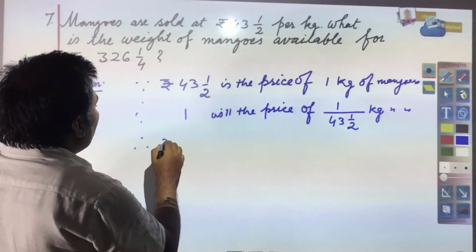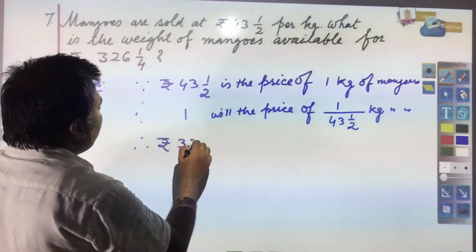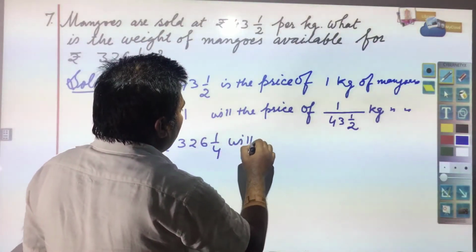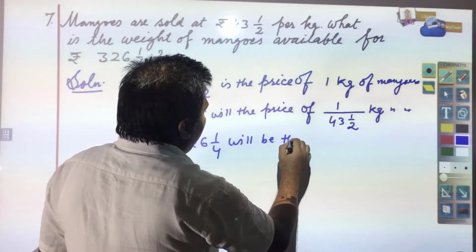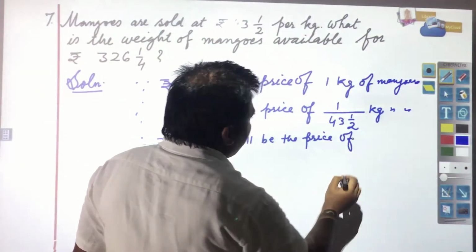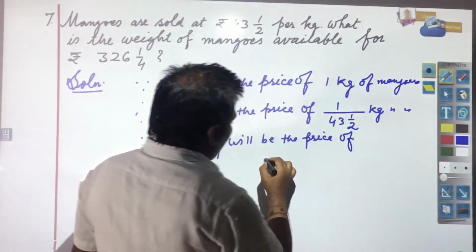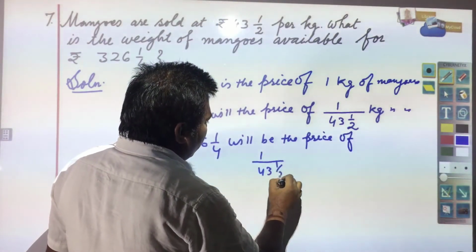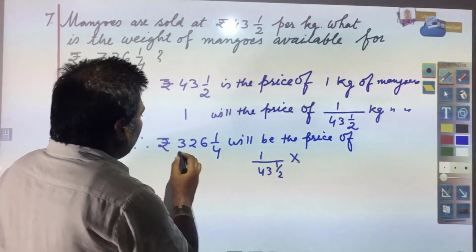Therefore, rupees 326 whole 1/4 will get the price of 1/43 whole 1/2 into